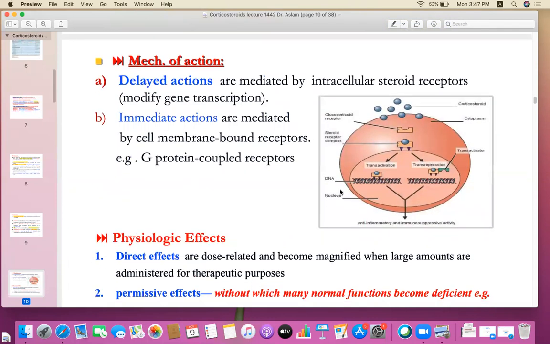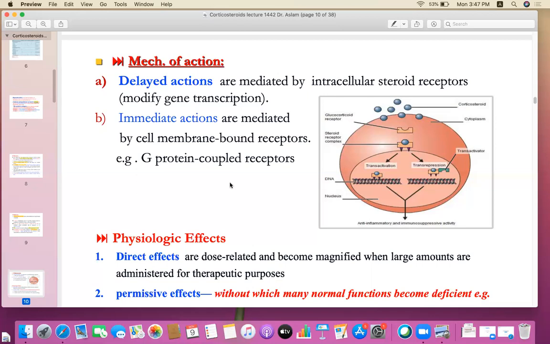Mechanism of action of these corticosteroids. Generally, they act by two mechanisms: the first one is delayed action, and the second one is immediate action. Delayed actions are mediated by intracellular steroid receptors and are generally due to gene transcription. So delayed action is via gene transcription, while immediate actions